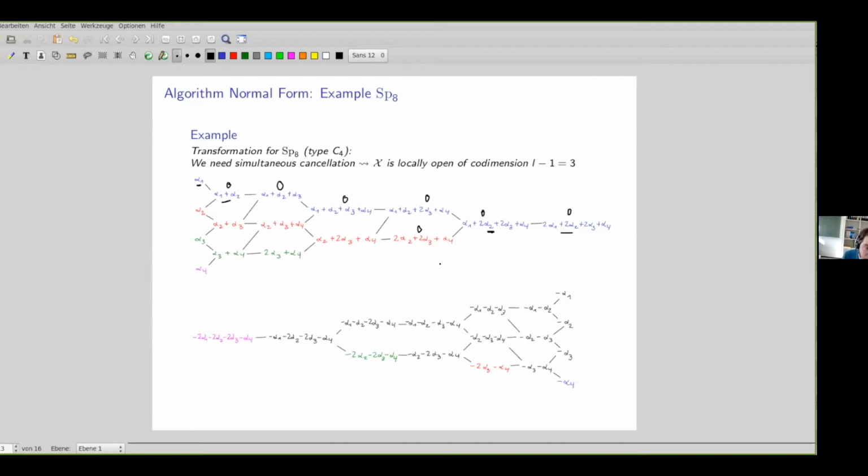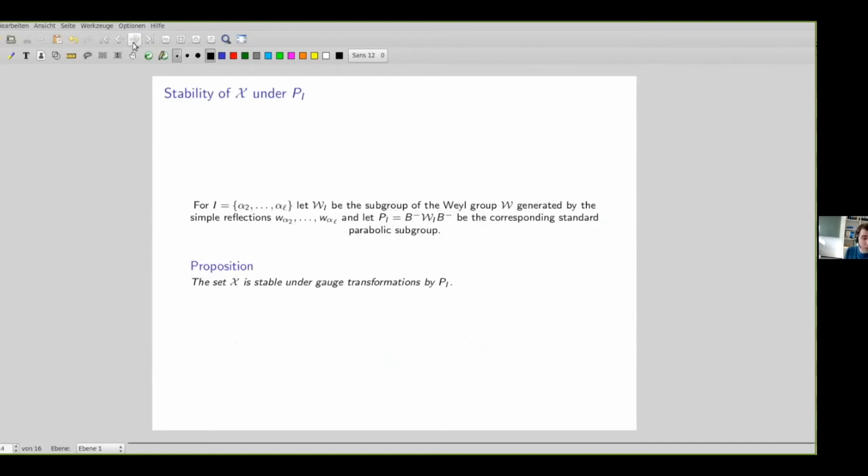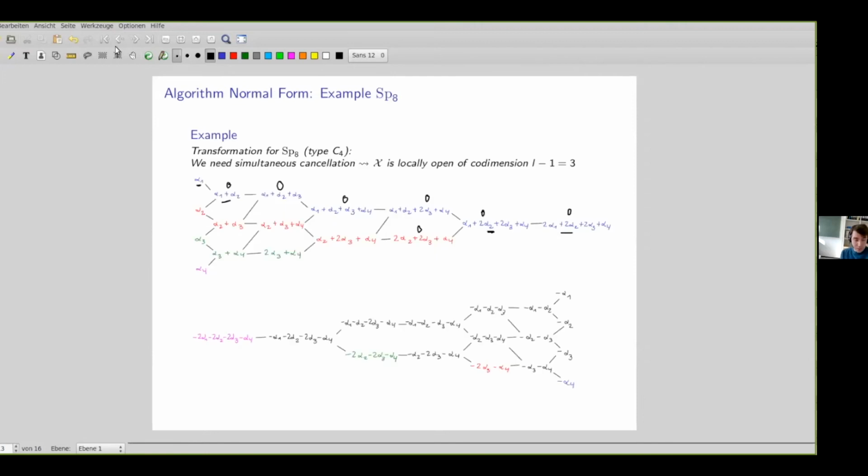Okay. And the algorithm continues as in the case of the special linear group, and the normal form matrix looks here like that. Here, the colored ones are the roots where our parameters are set in theorem 1. All right, so this is our algorithm. So we have a subset mathcal X on which we can transform to normal form.